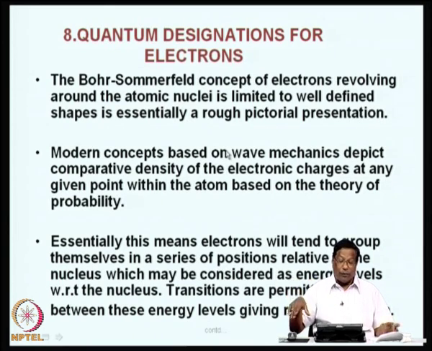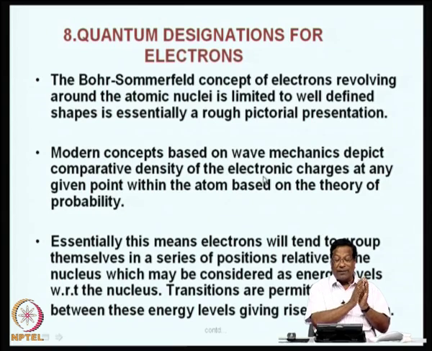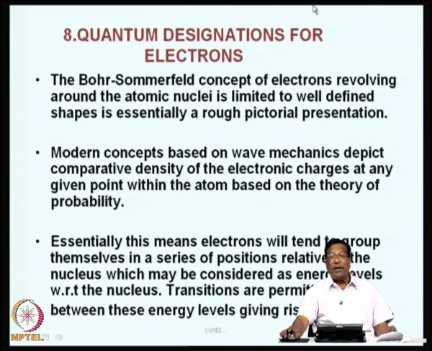Imagine that electrons are moving around, even if it is revolving around it, it would be moving in a circular fashion, but in a wave motion, and the comparative density of the electronic charges at any given point within the atom is based on the theory of probability. So, this is how the actual electronic structure as we understand keeps on changing, and essentially what does it mean? This means